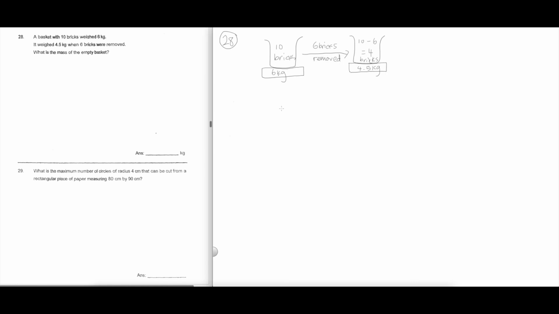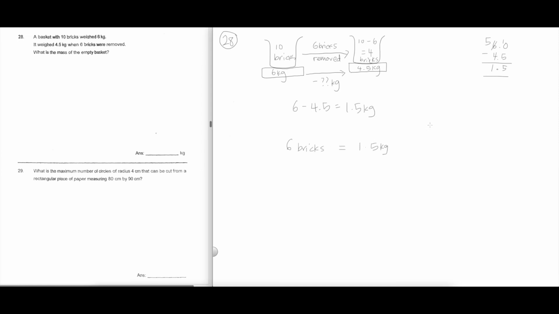What happened? How many kg did I drop? From here to here, I minus how many kg? Okay, this is one very important thing that will help us get the answer. So 6 minus 4.5. Let's do it here. 6 is 6.0. So 1.5 kg. So when I remove 6 bricks, what happens is the mass dropped by 1.5 kg. Alright, so 6 bricks